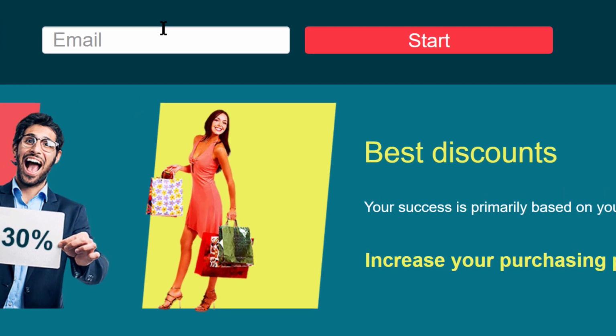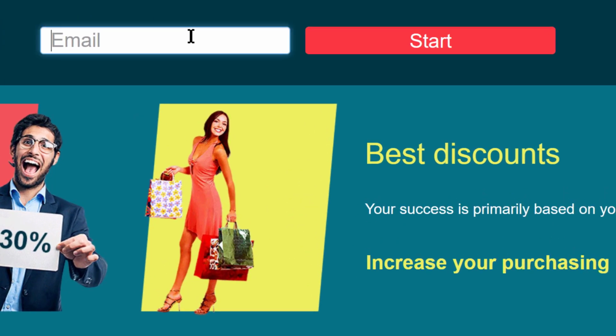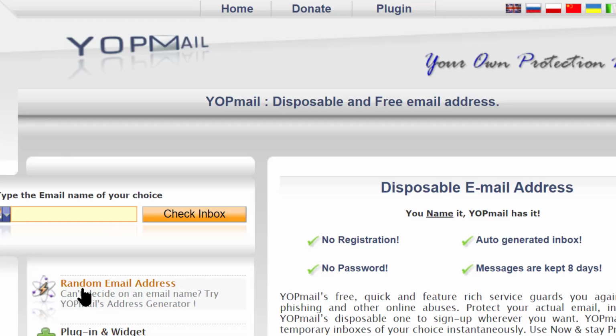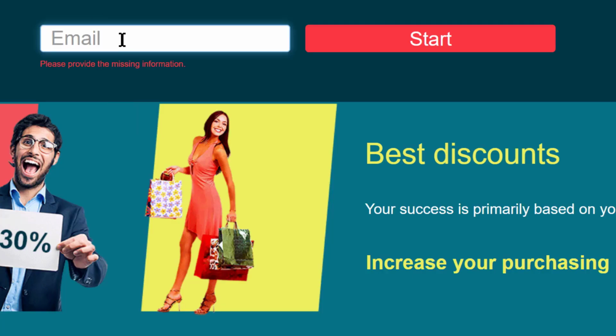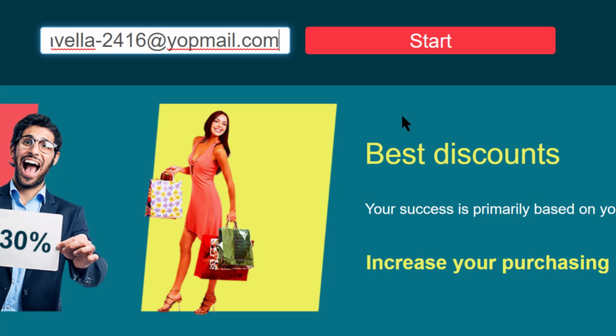So you will notice that I have a field to enter my email address. For the purpose of the demonstration, I will use a random Yopmail address that I enter. And just a piece of advice, it's better to use a confidential address that nobody knows, because thus it gives you a double security, email address plus password. Someone would need to know both to access your account. So click on Start,